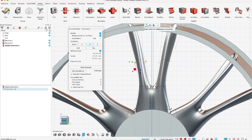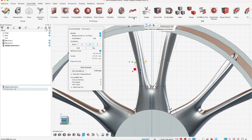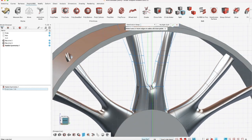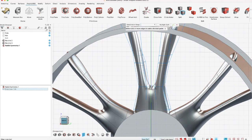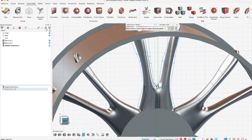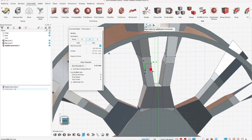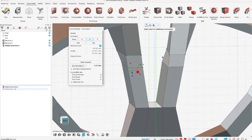Now let's add another edge. So I go to the PolyNurb tool, split, add another edge loop, which will create some more faces, and maybe it's a good idea to connect these faces. Seems nice to me. So to better see what I'm doing, I will unnurbify and I will select these 2